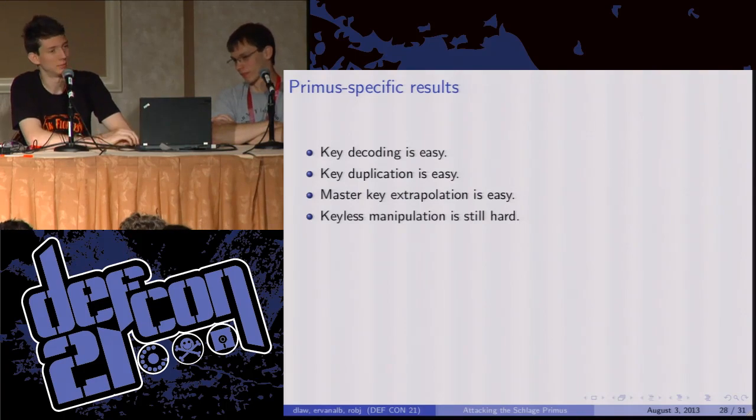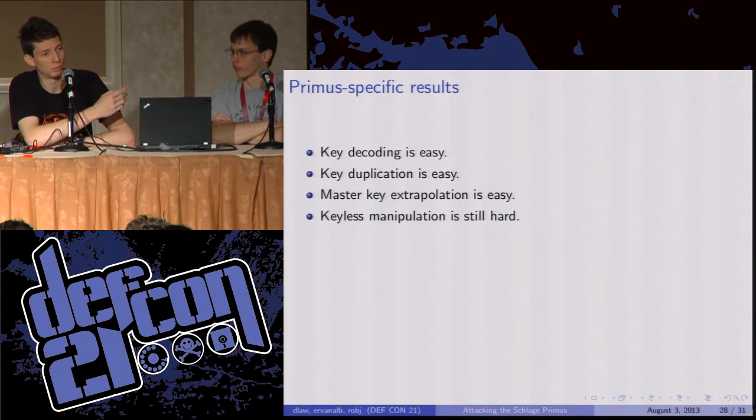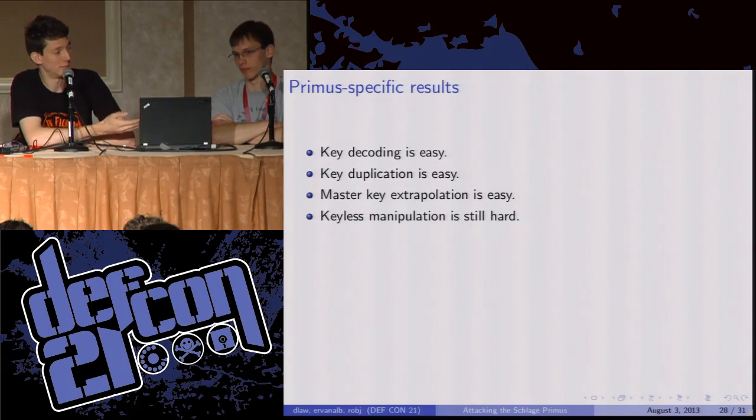So one thing that this means is that master key extrapolation is easy. There's a standard attack that can be executed on regular pin tumbler locks, in which you start with your known change key and a couple of key blanks, and you can use them to test out one pin at a time to find where the master cut is. Well, in a mastered system, the sidebar is the same on every key, because that's just built into the key blanks. And now that we have the ability to produce blanks with that sidebar, you can execute the same attack. And this is effectively just a